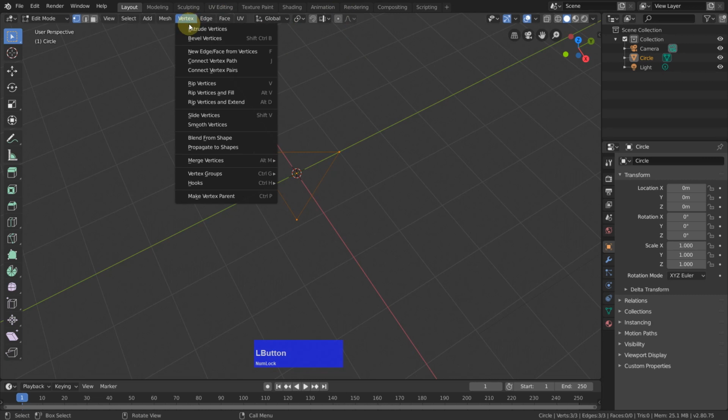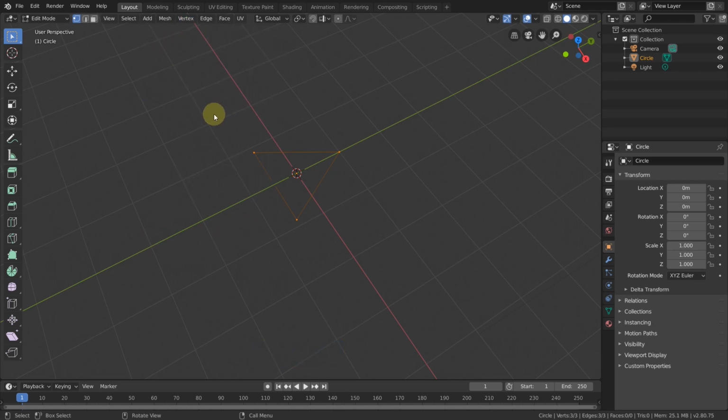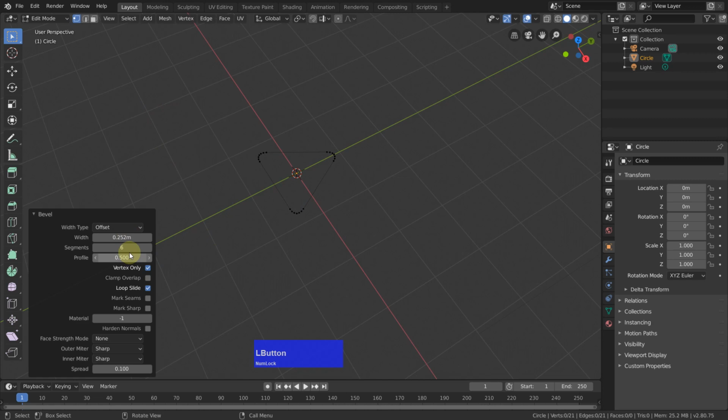Or if this is too cumbersome, I think I need 2 hands to do it, then I have the possibility to right click on this and click on Add to Quick Favorites, which is a great feature. So I click on this, and now if I press the Q key, you see my quick favorites come up, and I have bevel vertices here inside. I can click on it and then drag the cursor, and if I use the mouse wheel, I can control how many bevels I get. But here I want to have about 20 segments,